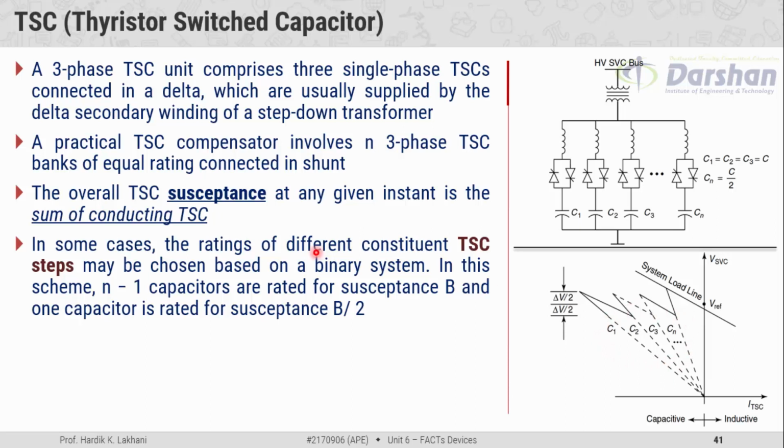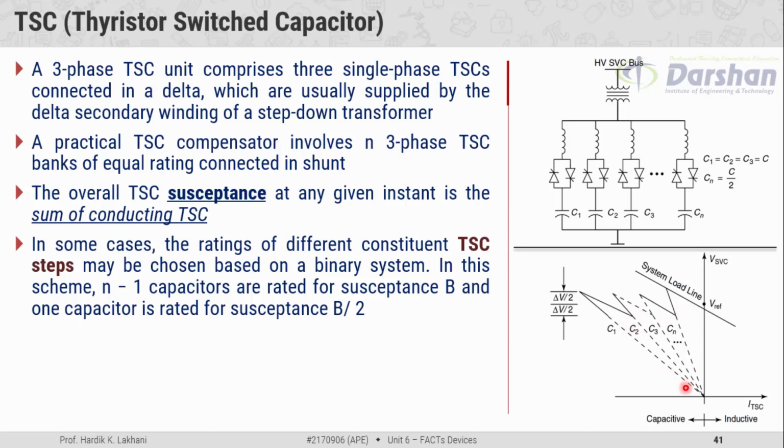The meaning of this statement is, rather than having one capacitor of large rating, it is better to have more than one capacitor of equal ratings so that we can have more control over the capacitive susceptance offered by the compensator to the system. For example, if we select one capacitor with the full magnitude and only one TAC branch is present, then we cannot control the VI characteristic in the intermediate portion.